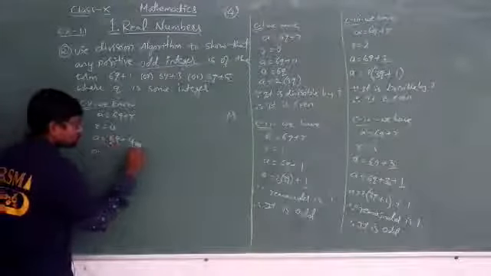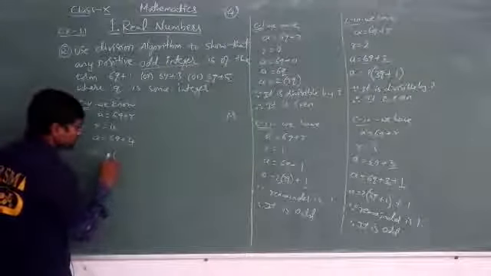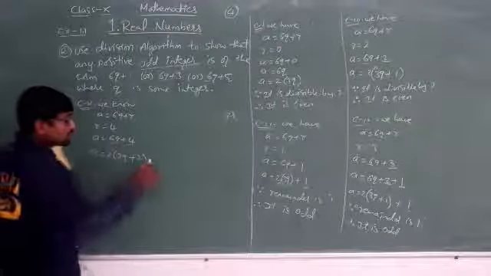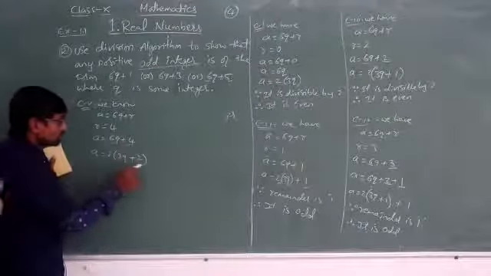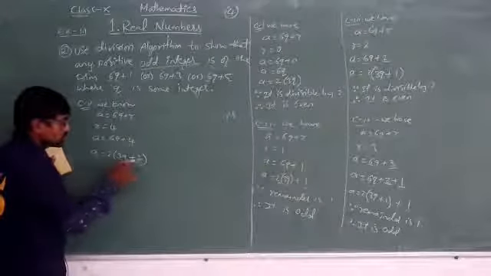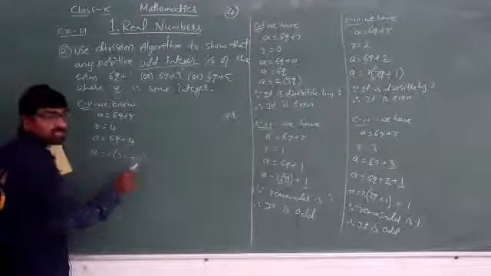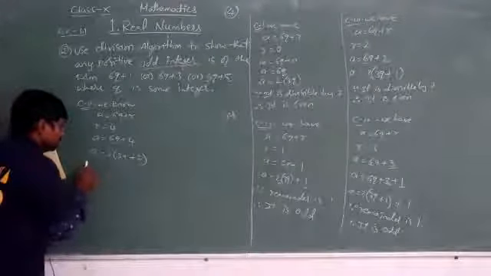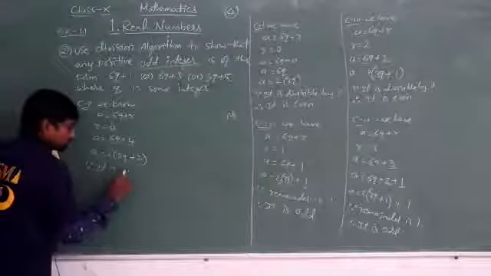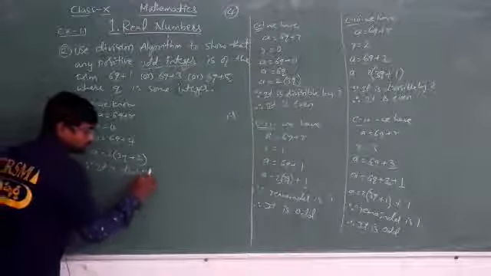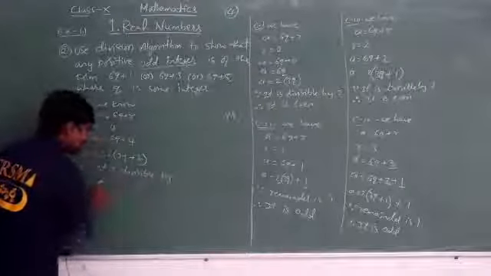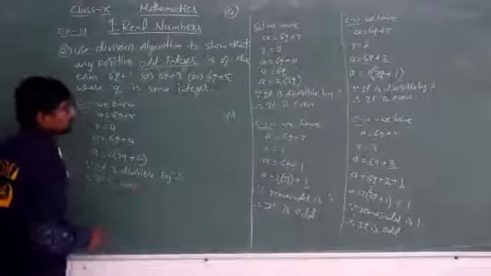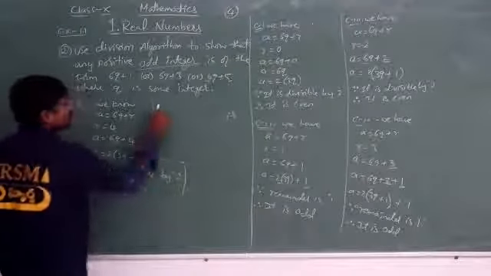You can see here from these both we can take 2 as common. So 2 3s are 6q plus 2 2s are 4. You can see here no remainder is left. Both the terms are multiplied by 2, but no remainder. Here we didn't get any remainder. So therefore, since it is divisible by 2, therefore it is even, isn't it? Now similarly I am doing case number 6.